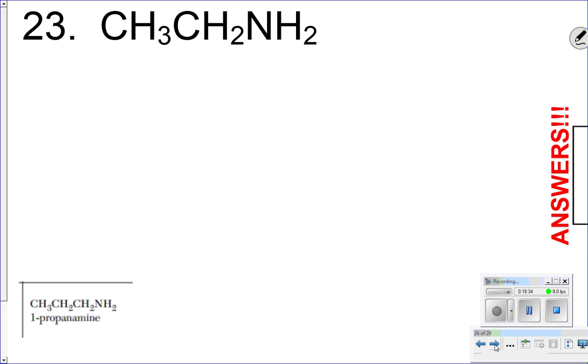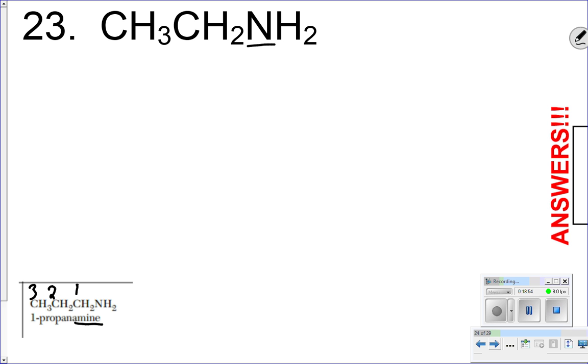In this molecule, I see that I have an N. What's important to look for is if I also have an O. That helps me tell the difference between the amines and the amides. Because I don't have an O here, I only have an N, I know that this is an amine. To look back at how I would name this on Table R, this is propanamine shown in the example because